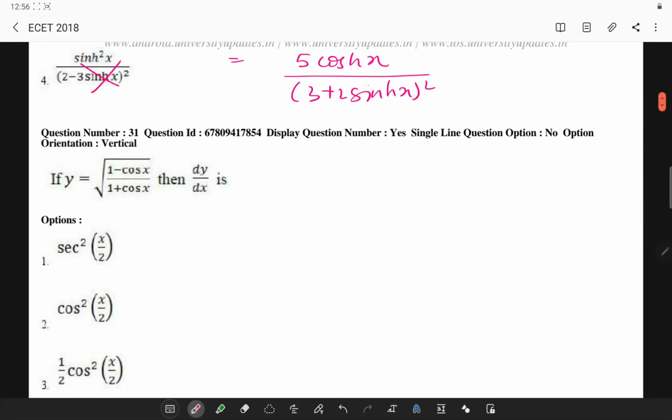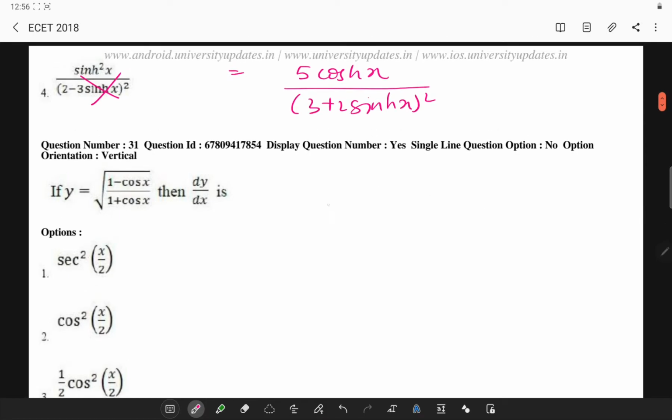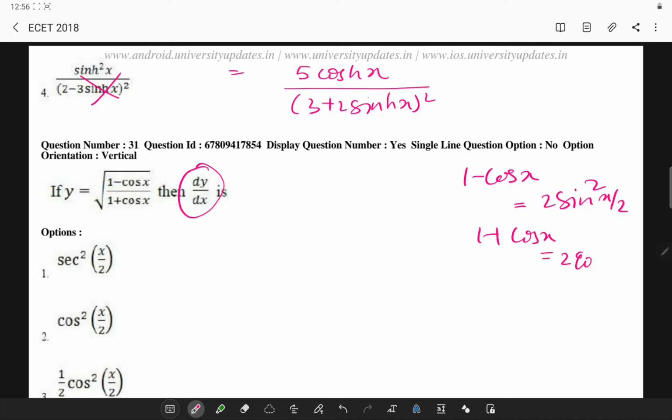So the next question is d by dx of y is given as... Whenever you have 1 minus cos x form, you can simply write it as 2 sin square x by 2, and whenever you have 1 plus cos x, you can simply write 2 cos square x by 2. We substitute it, so d by dx of y is equal to,